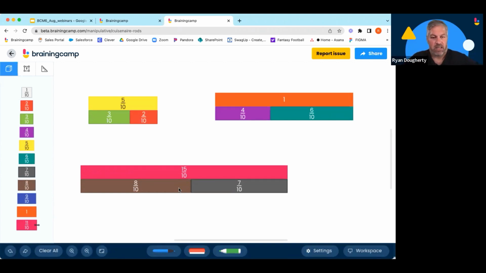our VP of education doesn't like me when I say it. It's an improper fraction. It's a fraction greater than 1 is what we wanted to say, right? So now we can show that, hey, this is 1 and 5/10. And what a great way for kids to see that we go 8/10 and 7/10, it's 15/10. And how do we go from 15/10 to 1 and 5/10? Simply by just